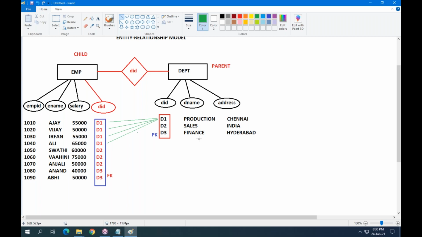Let us assume you have a finance department in Mumbai location and in Hyderabad location. Then the finance record is repeating 2 times. So we should not consider D name as a primary key. In case D name is unique, then you can consider it, no problem.